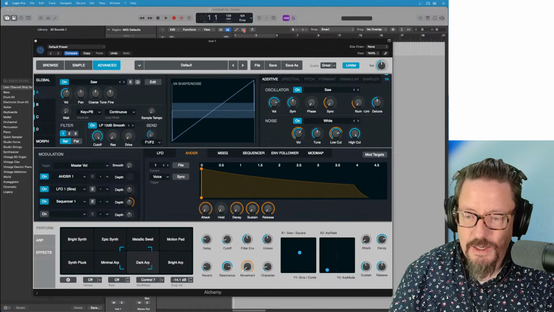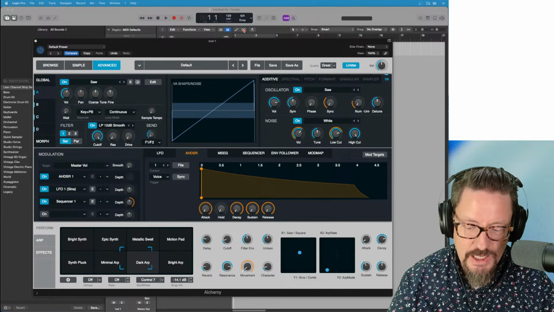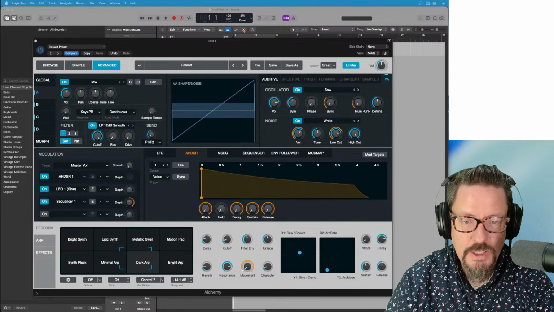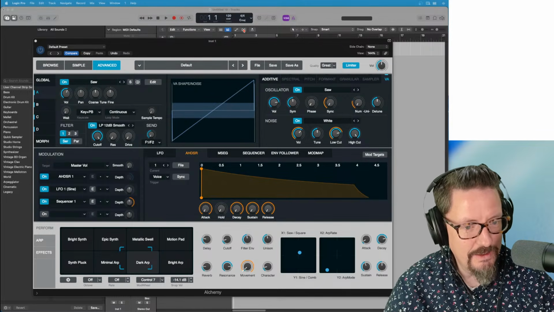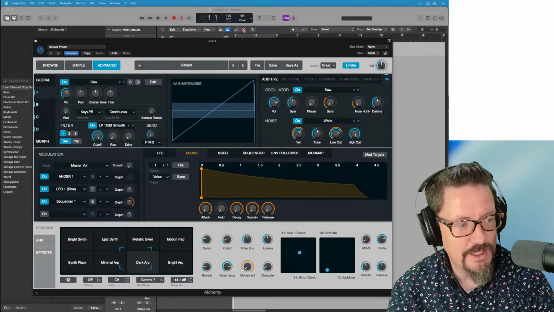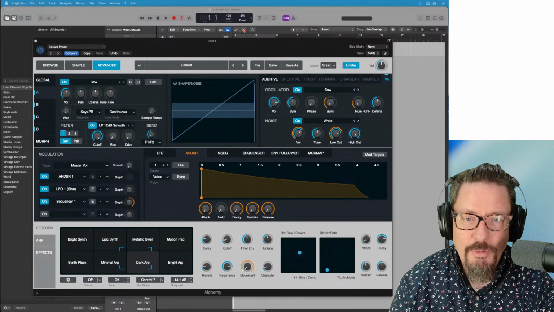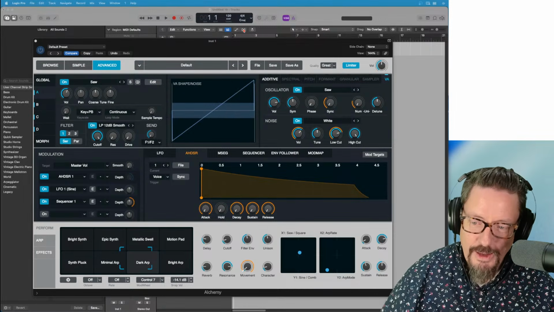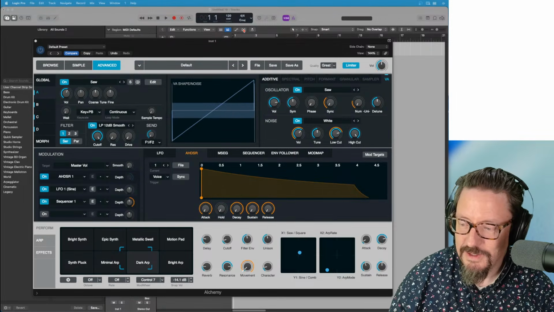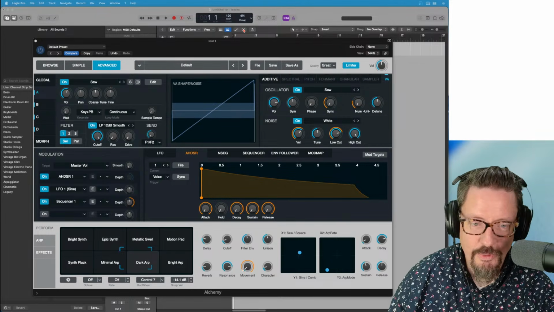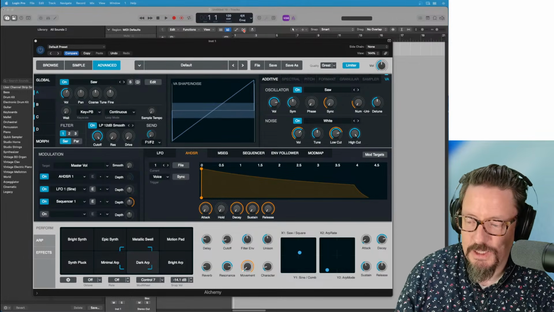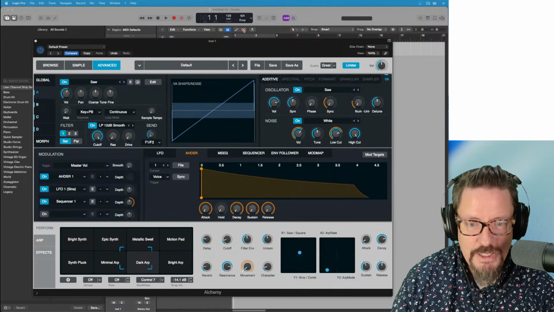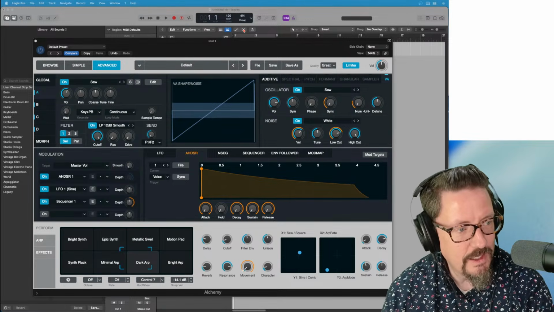But there's something that really stuck out to me in all these discussions from Spectrasonics this last week, where they were talking about this new update taking 10 years of development to get to this point. And I'm thinking, 10 years. That's like if somebody bought Omnisphere 2 back in the day, or, I don't know the exact timeline of their releases, but they said they've been working on a lot of these features for 10 years. I mean, that's like a lifetime. Someone's career could have started and ended in that amount of time.